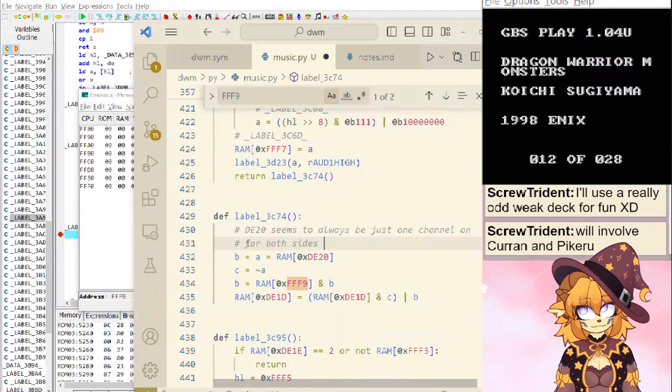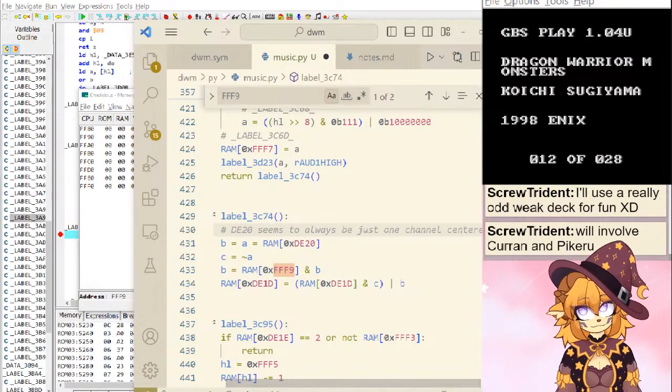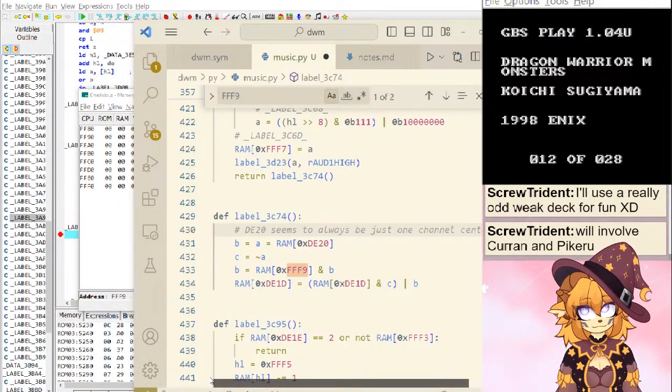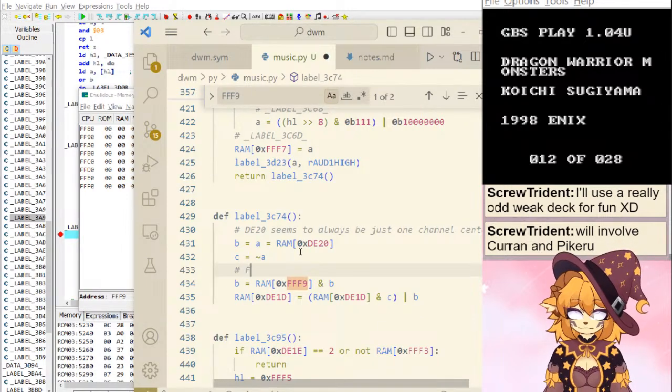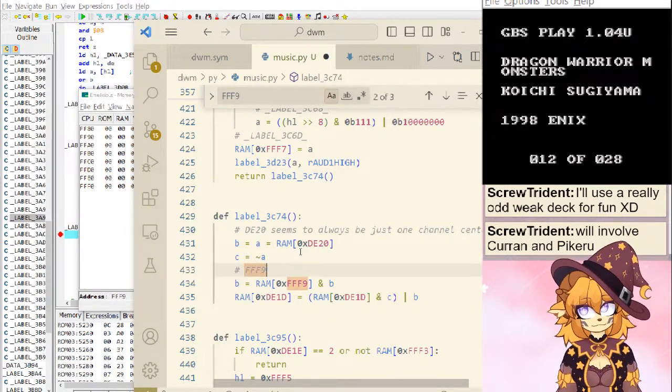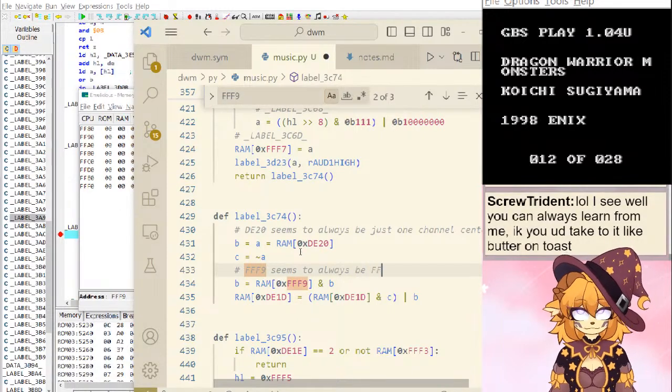Or I'd just say one channel centered. The 9 seems to always be.